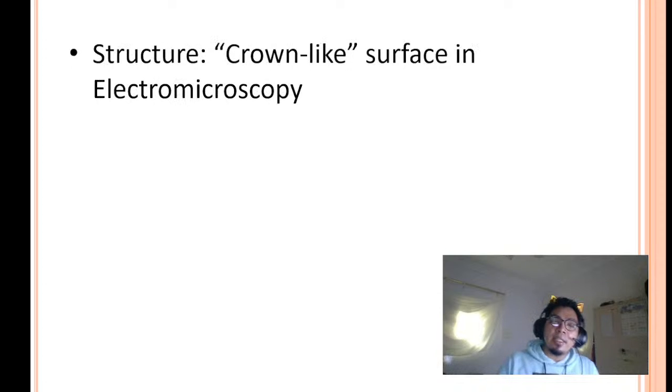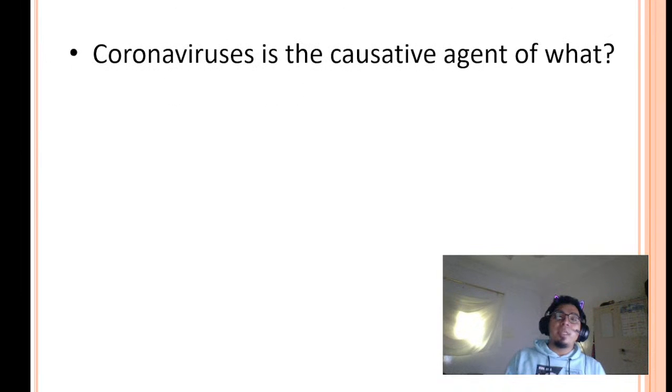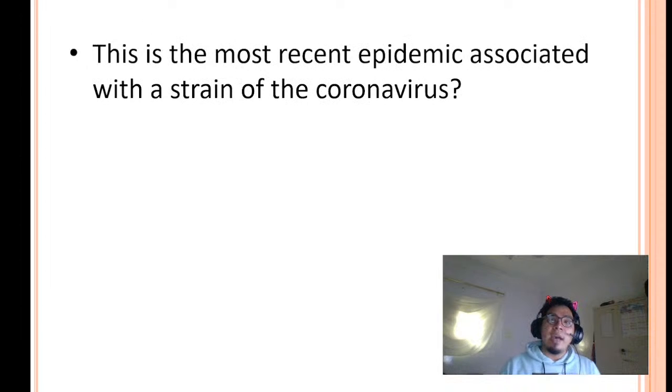And why is it important? Why is this particular virus important? It's actually the causative agent of common colds. However, because of constant mutations, we have now